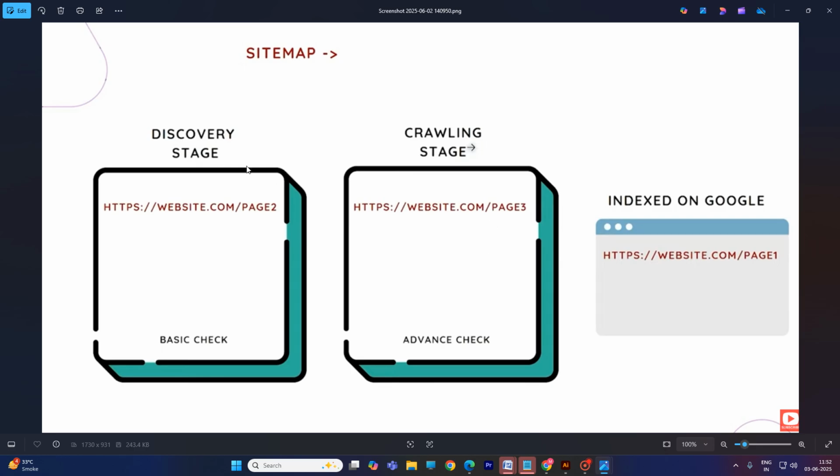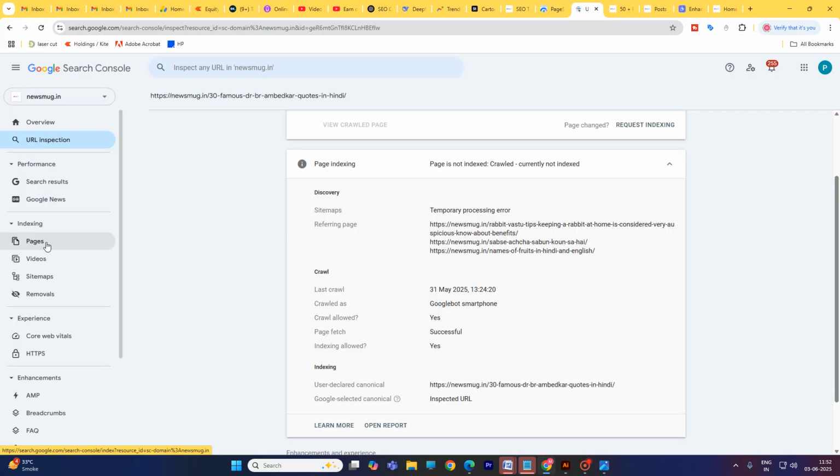If the basic check is passed, the URL comes to the crawling stage, where there is an advanced check. All 10,000 of my URLs are stuck here, in Crawled currently not indexed.